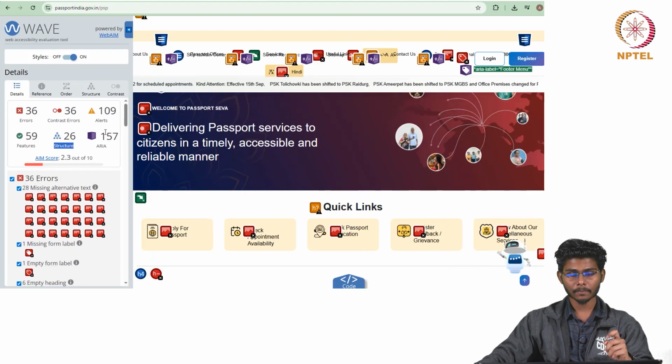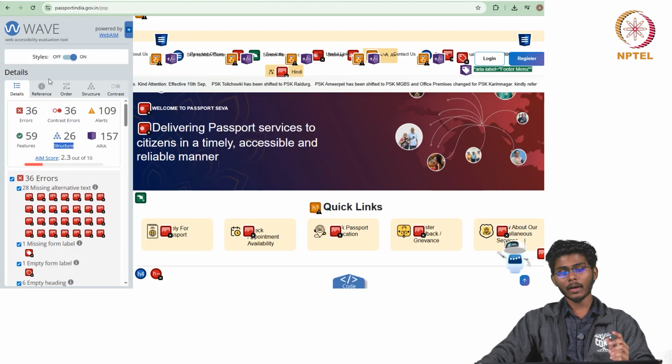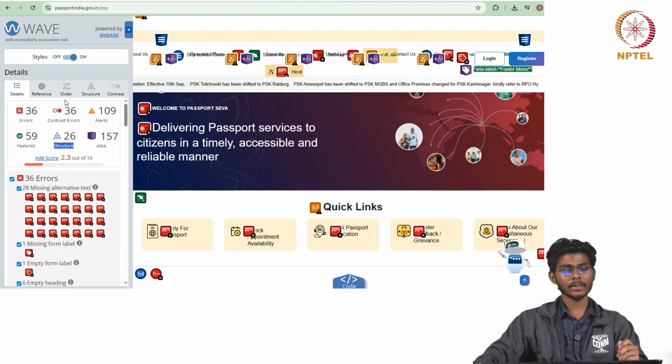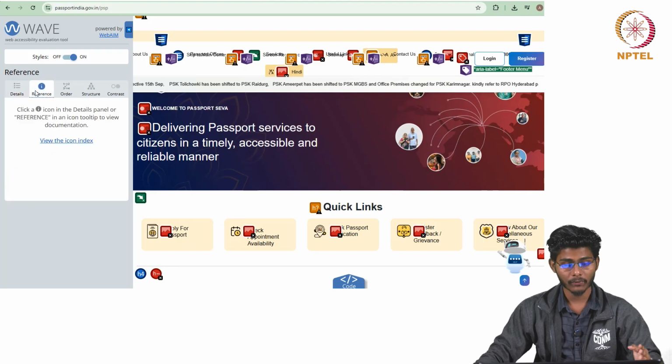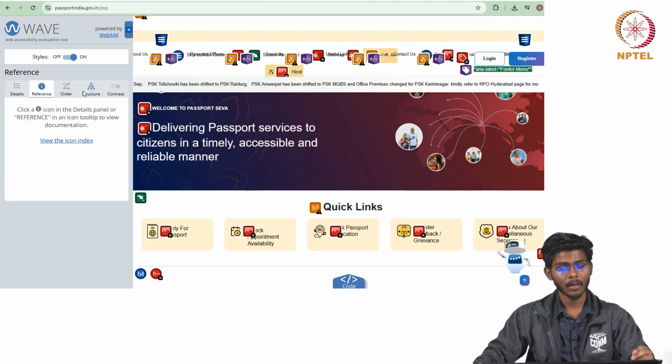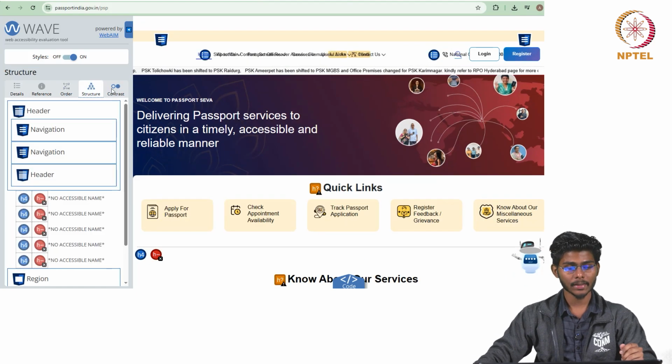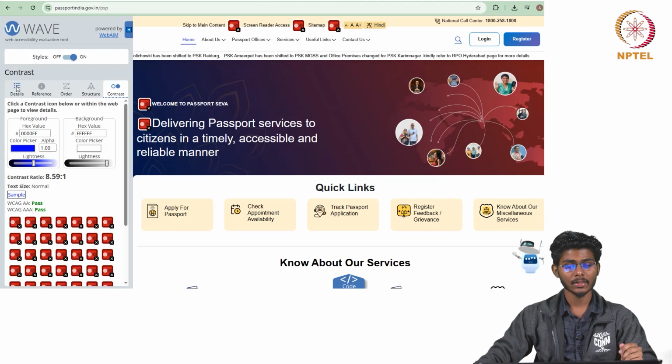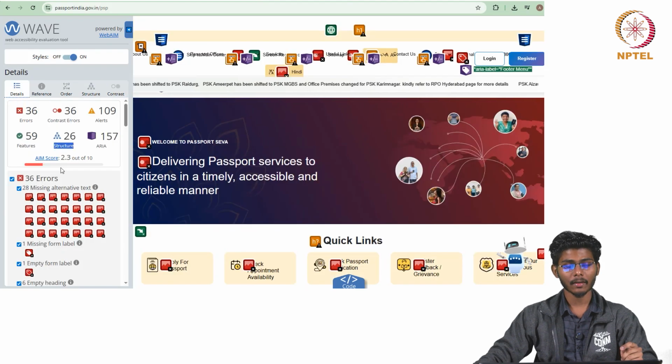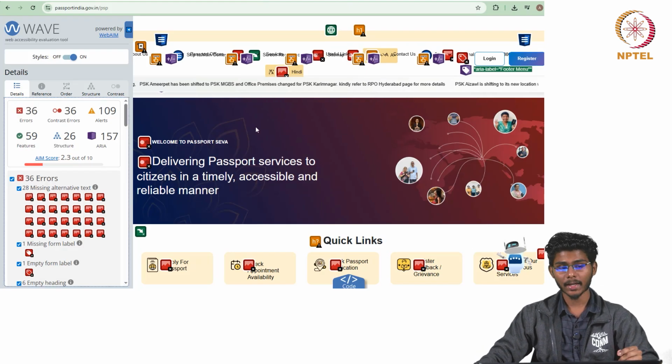It has a total of 5 categories, as you can see in the left panel of the generated report: details, reference, order, structure, and finally contrast. So, we will come to the details. What is this details section?